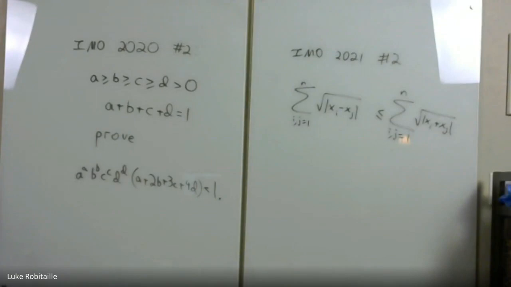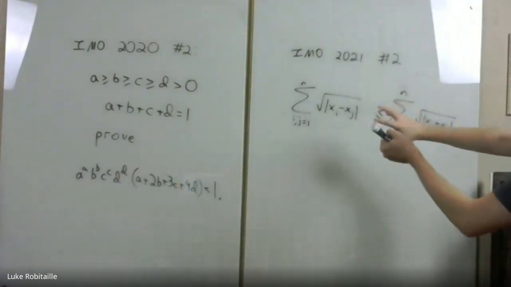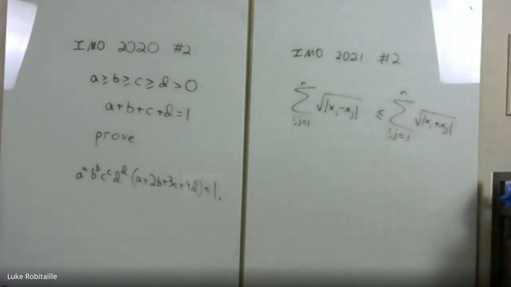For this problem, at least it looks a little bit nice, and it turns out that the solution to this problem is pretty nice. So this is an example of a better problem that was on the IMO. It definitely deserves to be on the IMO, whereas this one is just a random mashup, and this one you can see is a neat way of putting things together. The one on the right is more interesting, I would say. But anyway,